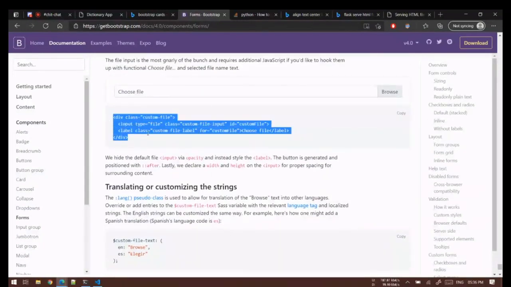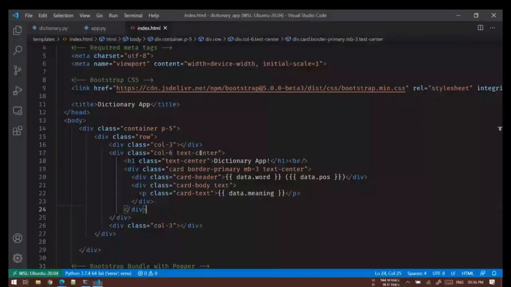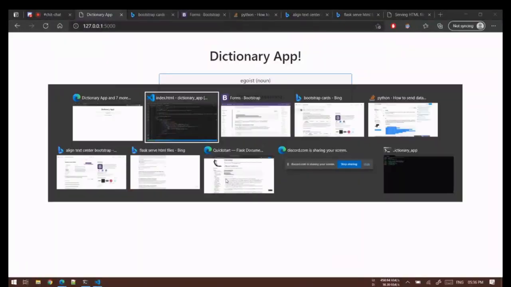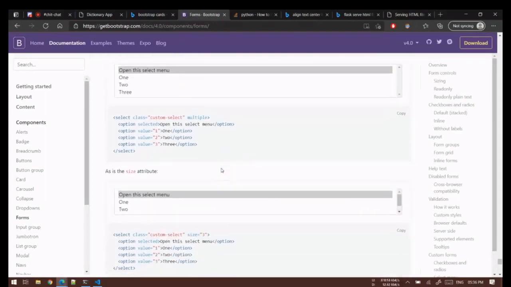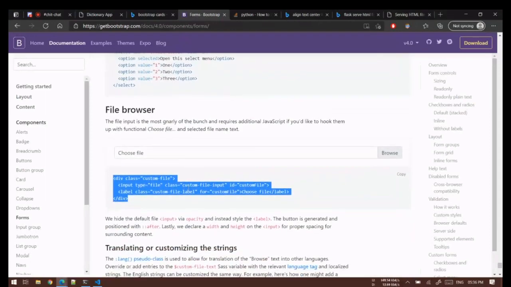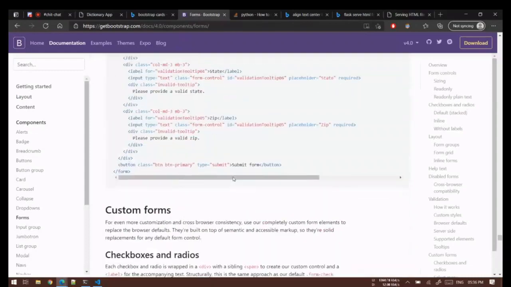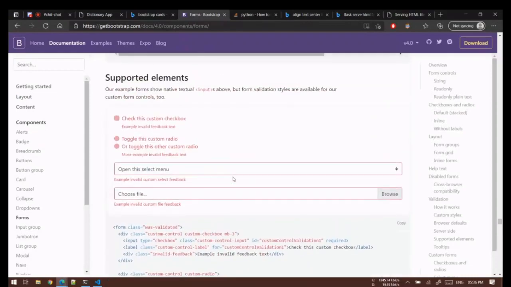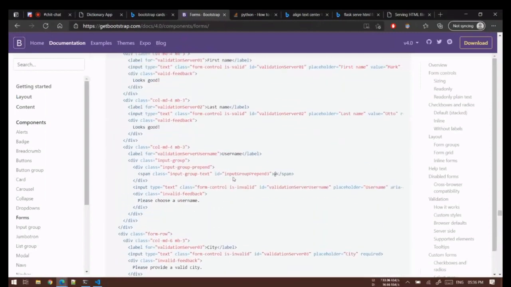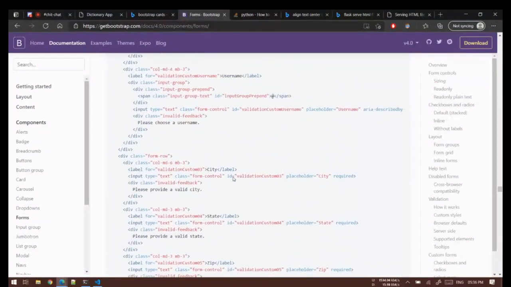Okay, so I'll copy this thing. Is there some particular name for it? Custom file input. Okay, browse anything.